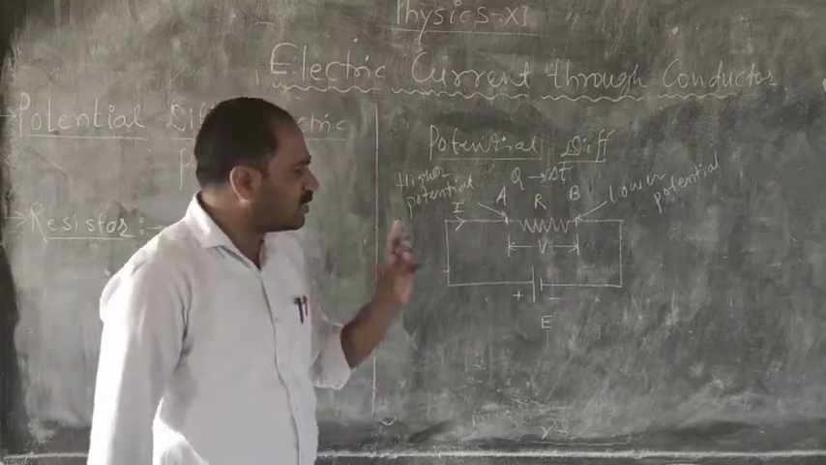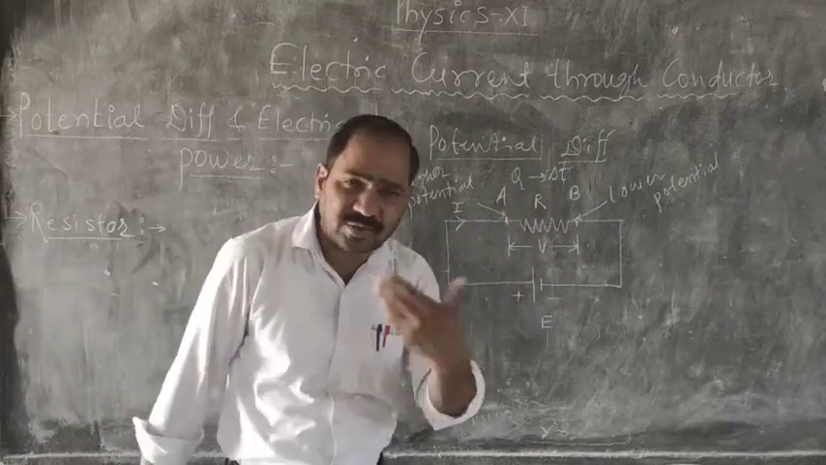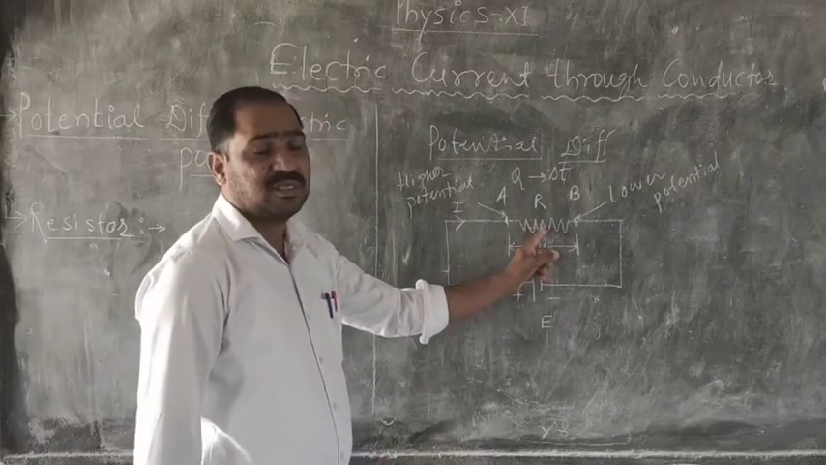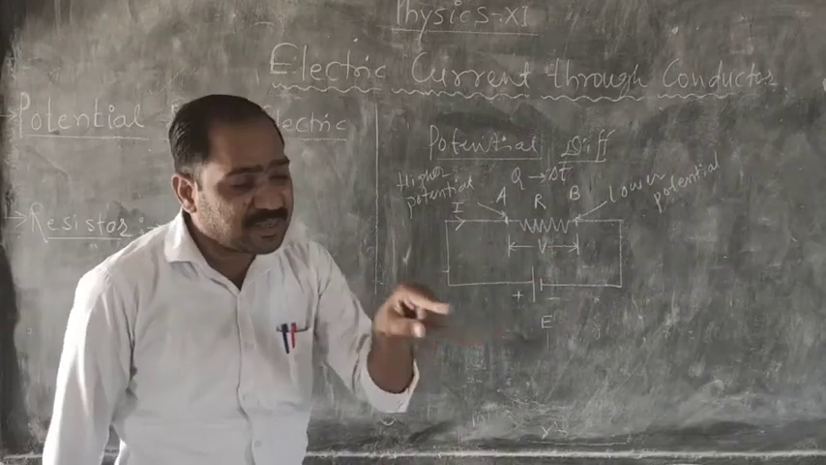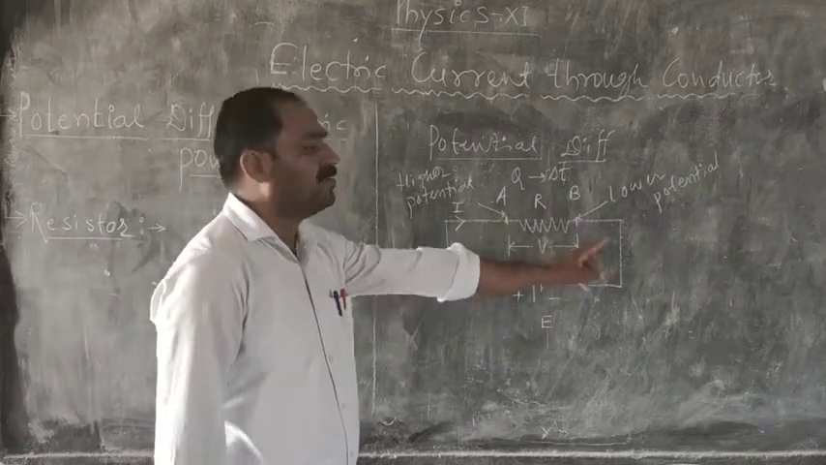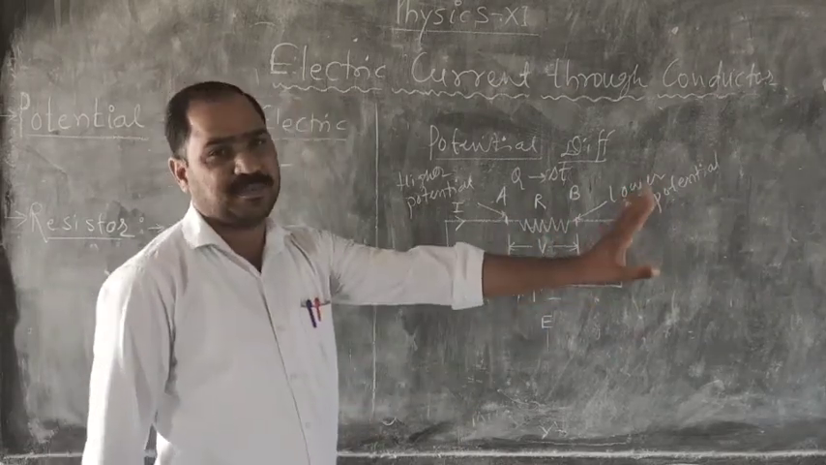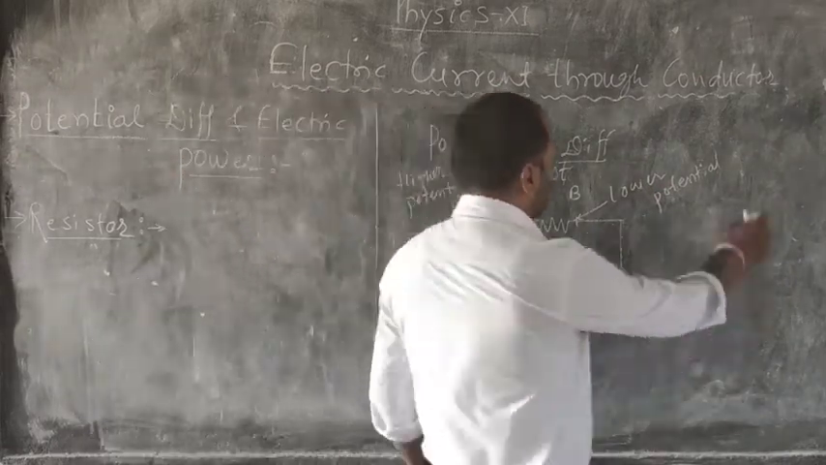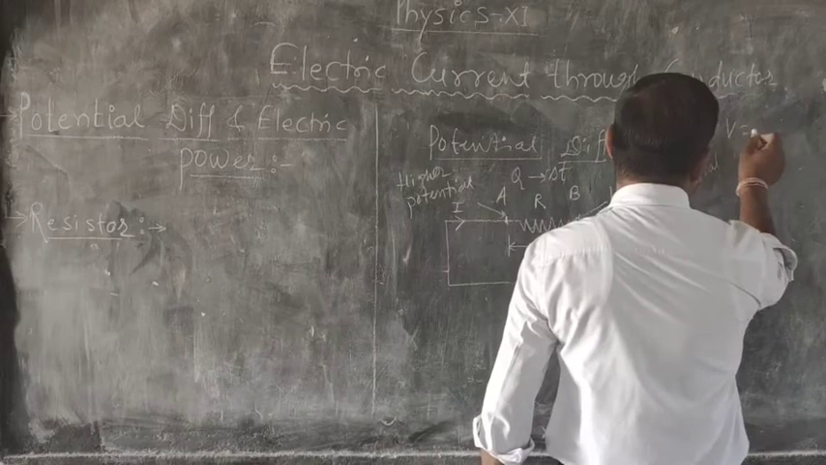ये रेजिस्टर से चार्ज बहने के लिए क्या कर रहा है? एनर्जी अपना यूटिलाइज कर रहा है, प्रोवाइड कर रहा है. किसको? ये रेजिस्टर को. रेजिस्टर को मतलब क्या? चार्ज इसमें बह सके, ताकि A से लेकर B तक वो फ्लो हो जाए. इसके लिए क्या कर रहा हो? एनर्जी बोला. So here that potential difference V is equal to